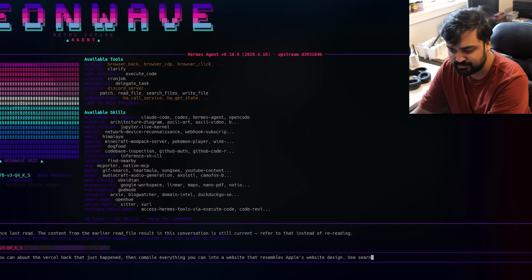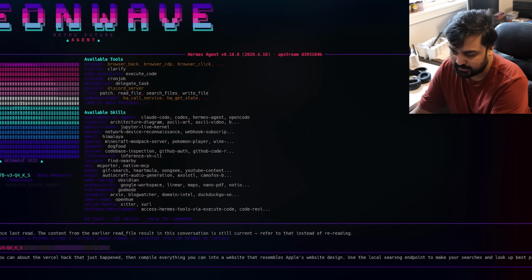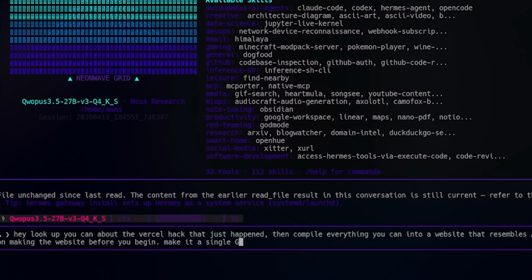Use the local SearXNG endpoint to make your searches, and look up best practices on making the website before you begin. Make it a single HTML file and save it to the desktop.